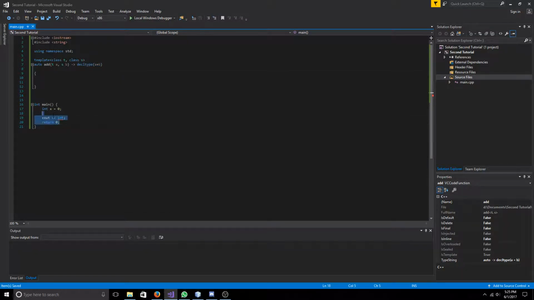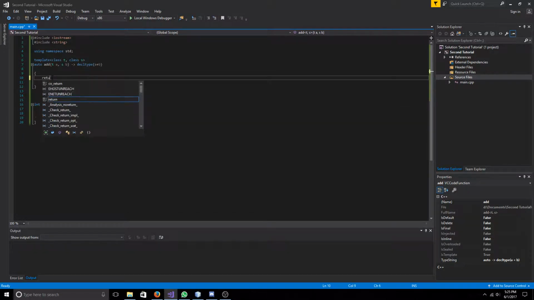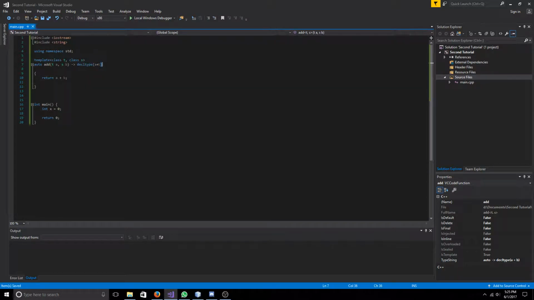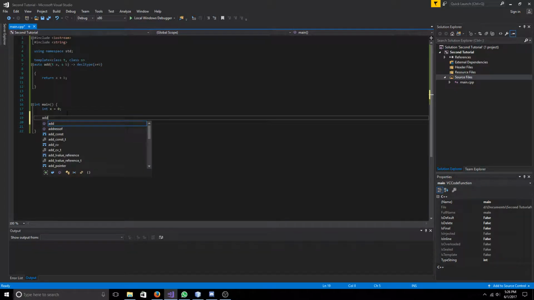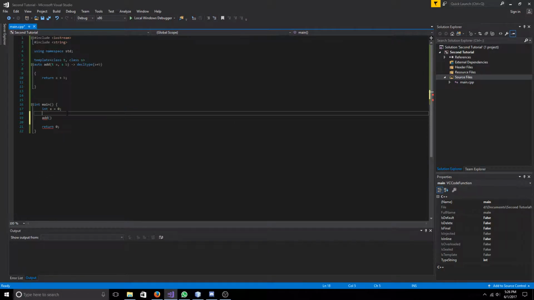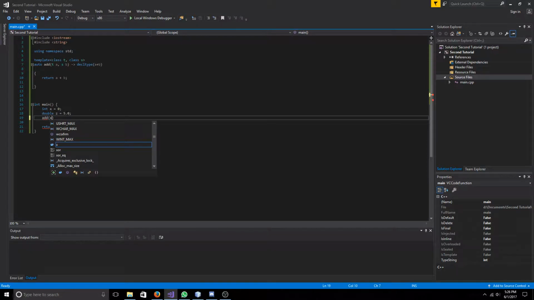So we can get rid of that. So now in here, all you have to do is return A plus B, and you'll know what to return because you declare it here. You can also put in functions in here that do have a specific return type as well. So going down here, all you have to do is add, well, we have int x, so let's do double z equals 5.0. Okay, and all we need to do is x and z,